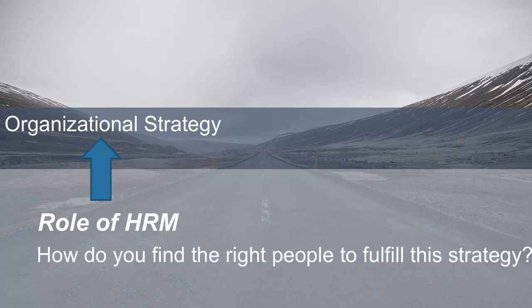So by knowing your strategy, which involves the mission, values, vision, and value proposition, which leads into, of course, your short and long-term objectives for your organization, knowing these things will help make sure that your HR practices are in alignment with these organizational goals. In this lesson, I'm going to be giving you different types of general competitive strategies, and then we can look at who we might hire, what behaviors are needed to achieve these strategies,